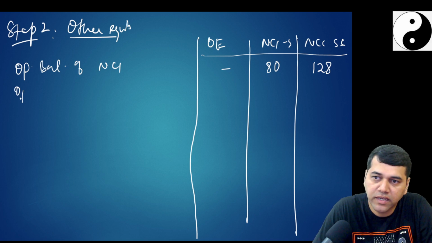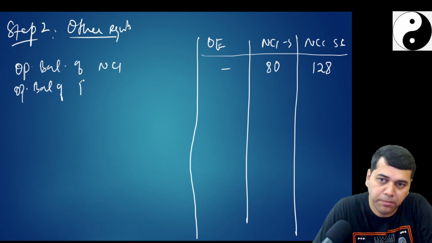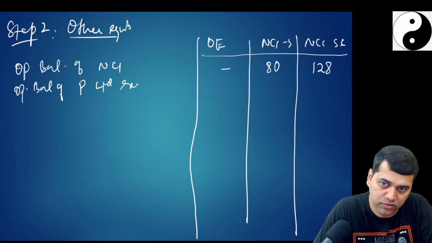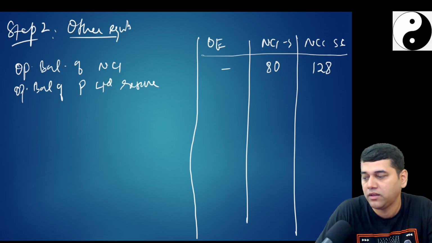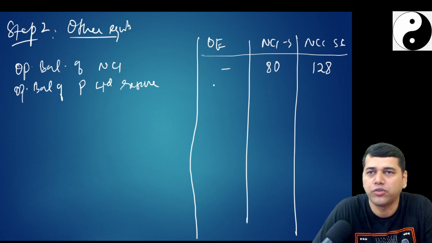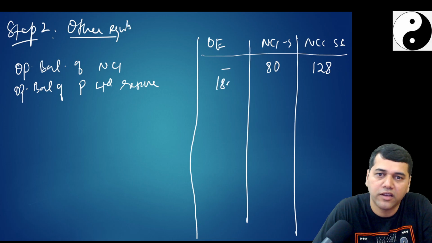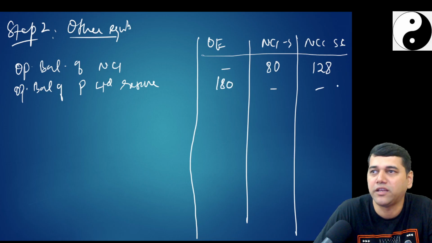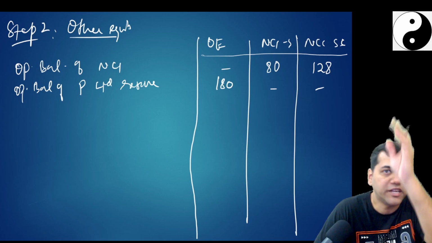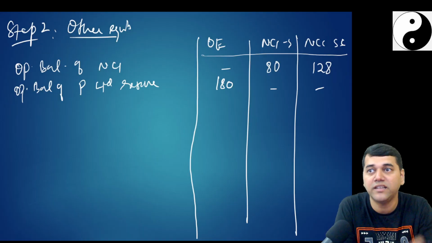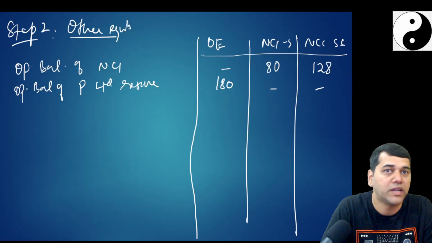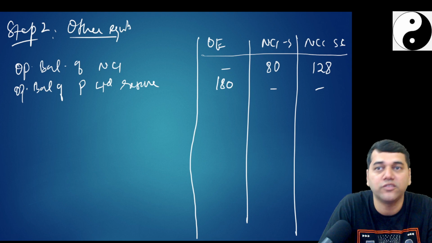Then the opening balance of P Limited reserve. Now let me focus on the P Limited balance sheet. How much? I will add both: opening reserve plus retained earnings. I can call it 180. This is my working, because when it comes to presentation, I will have 3 columns in other equity called retained earnings, reserves. So this 180 is because of retained earnings and the reserves of P Limited.